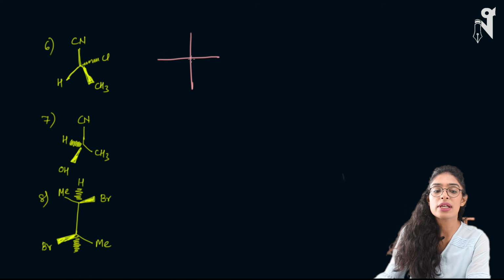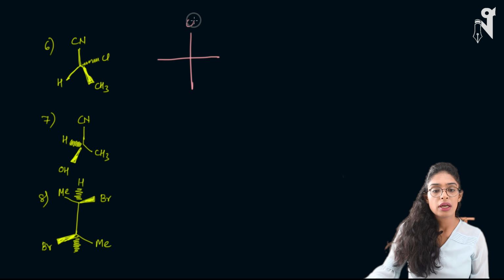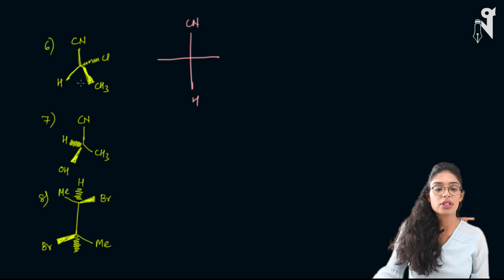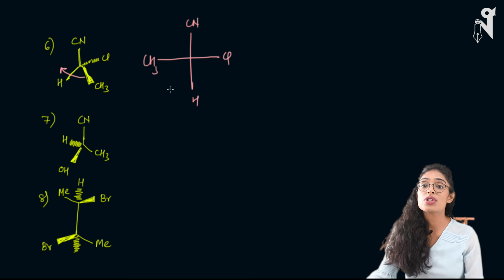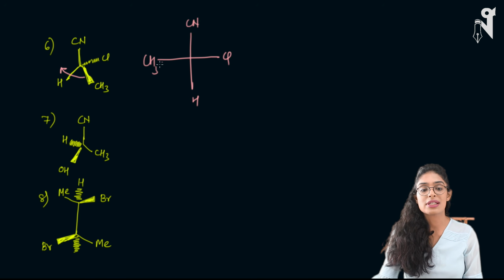Now again, in this question, let's have a very quick understanding. On the normal bonds, I have CN and I have hydrogen. I have CH3 on the wedge, so I'll move it over here. So I'll get CH3 over here and chlorine over here. But again, the problem which I mentioned, that I want a perfect Fischer projection, so I will make double switches so that the CH3 can come here and hydrogen can come here.